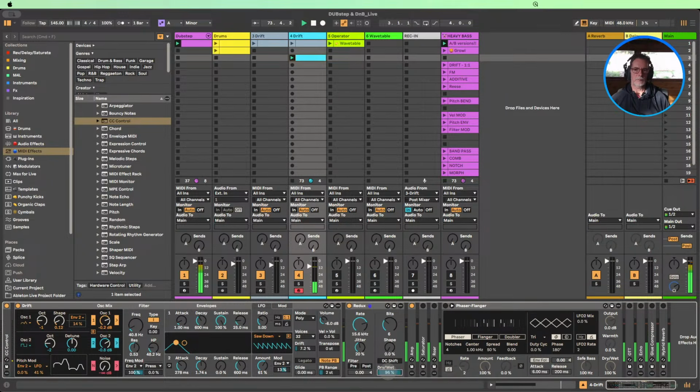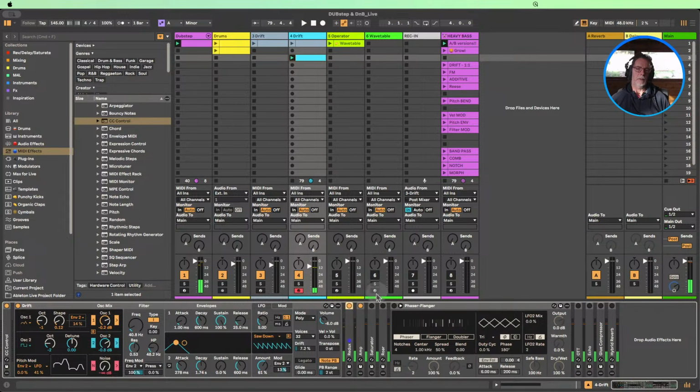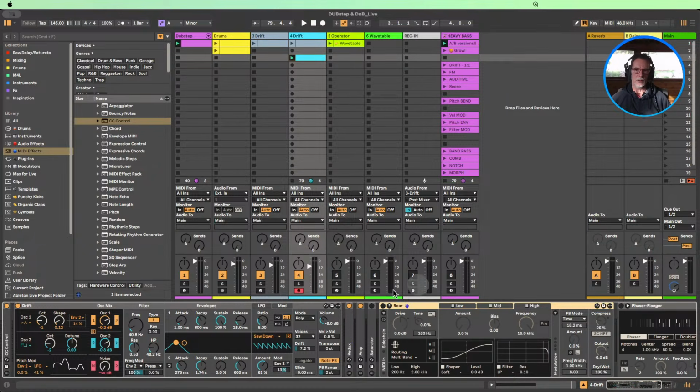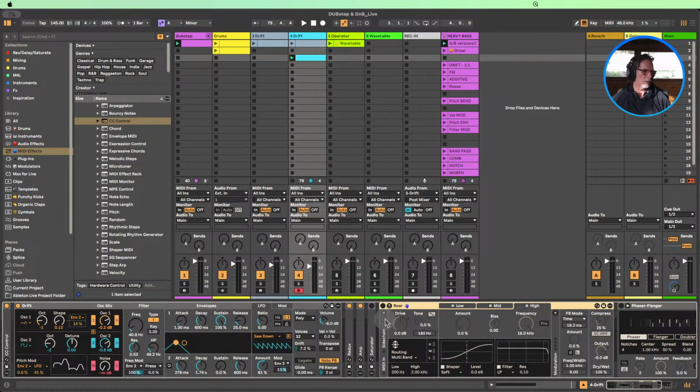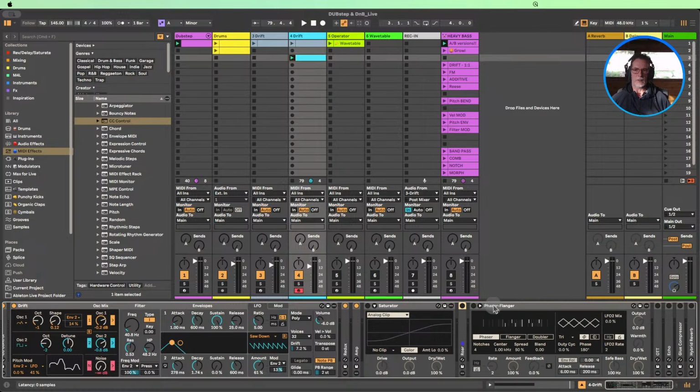Okay, so maybe less redux as well. It's just adding a bit of that kind of noise, it doesn't have to be crazy. Now, depending on what version of Ableton Live you're working with, if you've got Suite, you've got this fantastic device called Raw, and this is your saturation distortion plugin of dreams. And if you don't have that, then you may well be working with the saturator over here, which is also a very, very tasty device. So if we look at saturator first, just for those of you who may not be working in Suite,